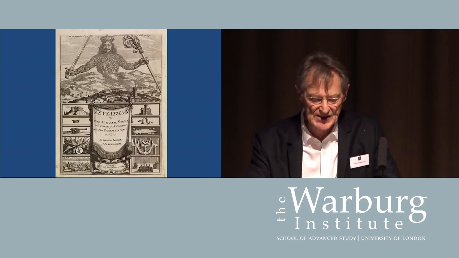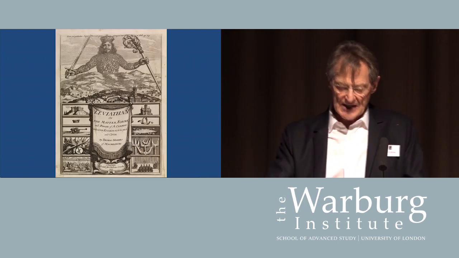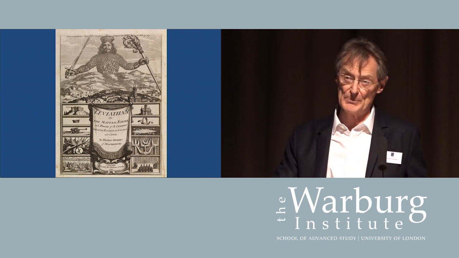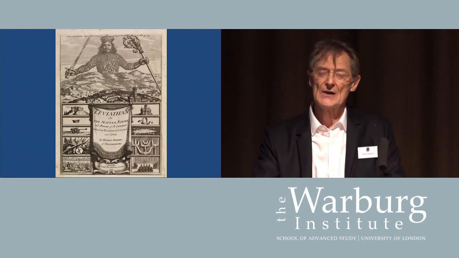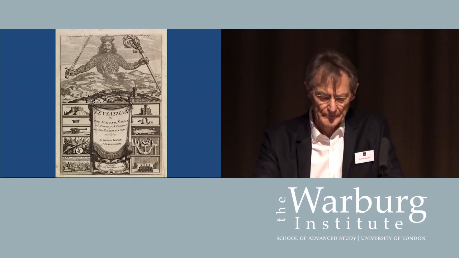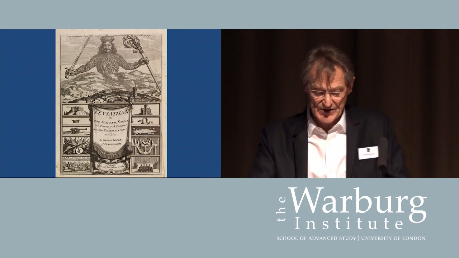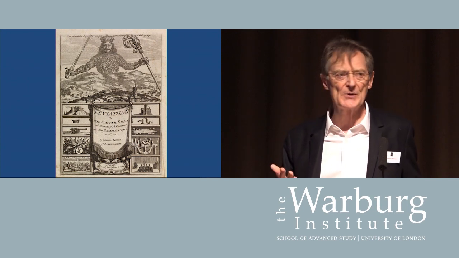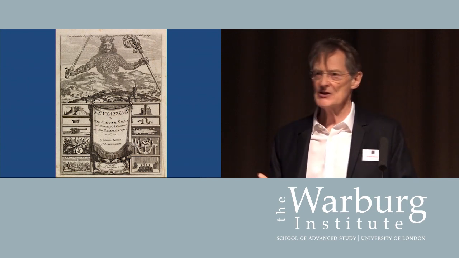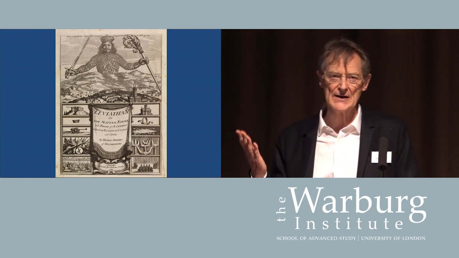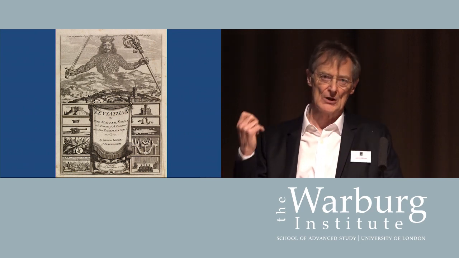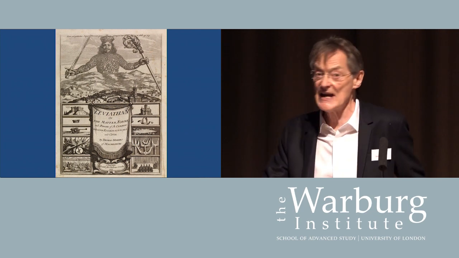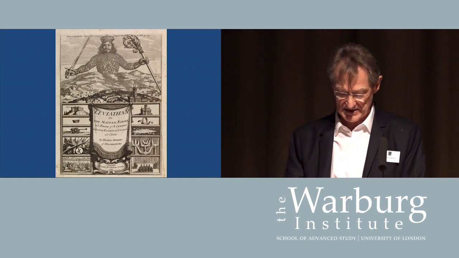So what do we actually see here? First, you see the crowned head of the sovereign representative. This is the head of what Hobbes calls a natural person. By a natural person, Hobbes just means a sane adult man or woman. But at the same time, this natural person has taken on the role of what Hobbes calls an artificial person. By an artificial person, Hobbes just means a representative. This is not just a man or woman, in this case a man. This person is playing a role, and they are a representative, and they've been authorized to play that role, and you can see the act of authorization taking place.